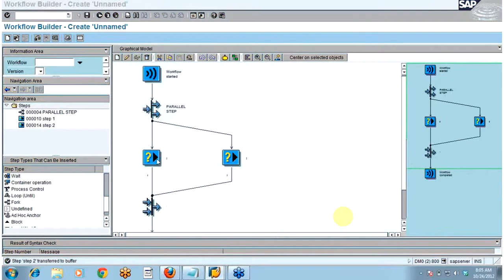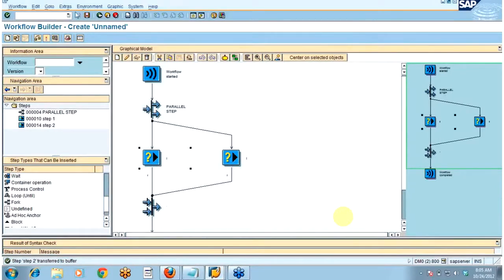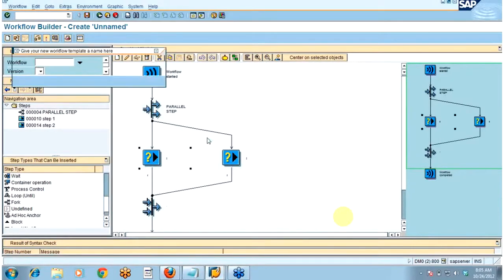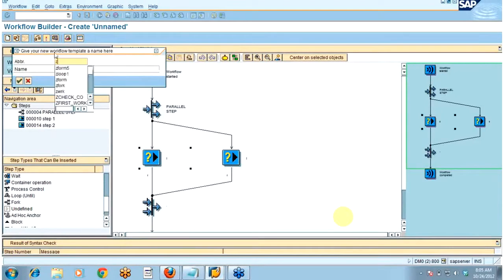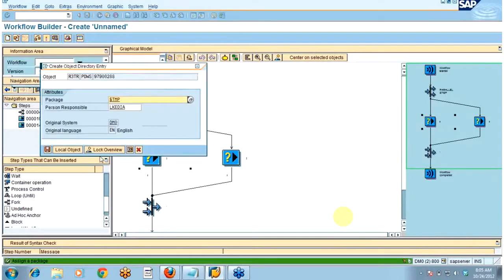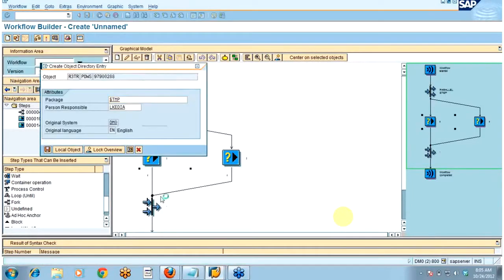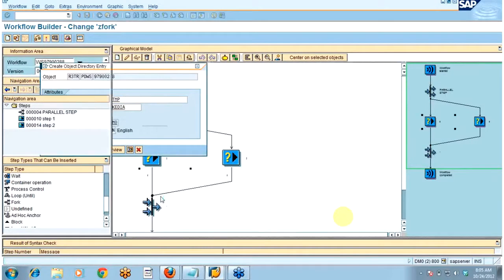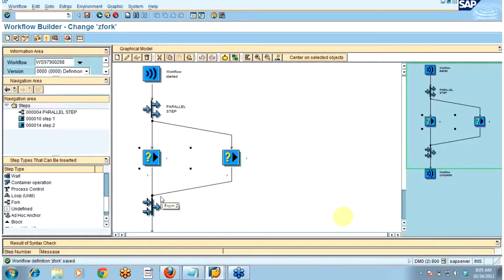Now I will first save it. Give the abbreviation. Save it as local object. So what I did: if I execute either step 1 or step 2, the fork will end.